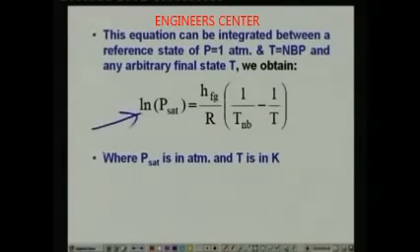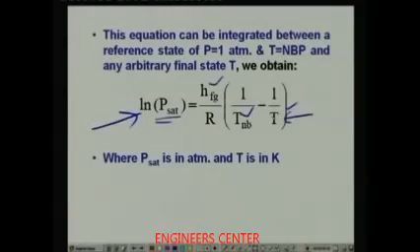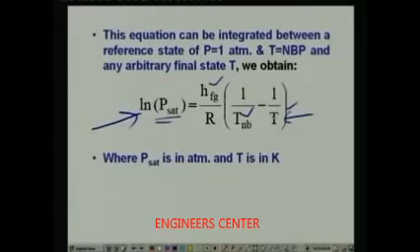this is a very useful equation. You can see that the normal boiling point can be obtained, and this is the temperature at which you want to find the saturation pressure. So this is known to you, and this will generally be known, and this can be measured. So you can find out, using this relation, the saturation pressure at any temperature T. So this is the usefulness of the Clapeyron equation, and this equation also tells you that